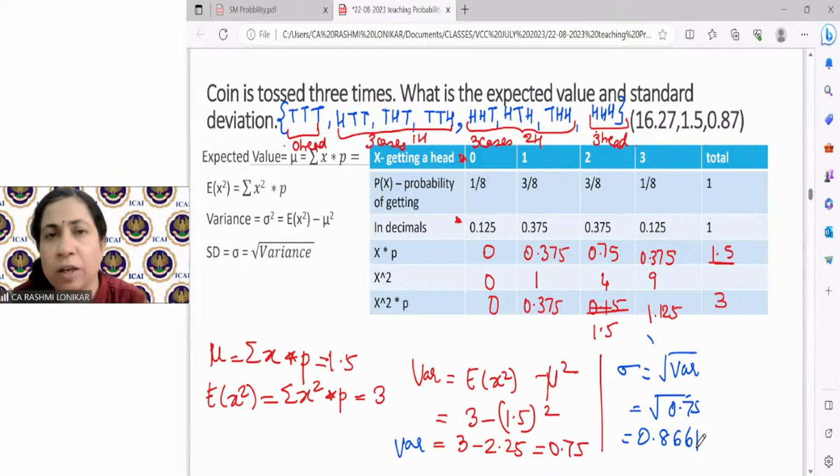Yes, Vidisha, it is okay. But you have to see what options they have given in the paper. Suppose all 4 options are in decimal, then whatever fraction answer you get, you have to convert it into decimal and then put the tick mark. Yes, Venkat Lakshmi, very good. Rohit, 1.5 is correct.